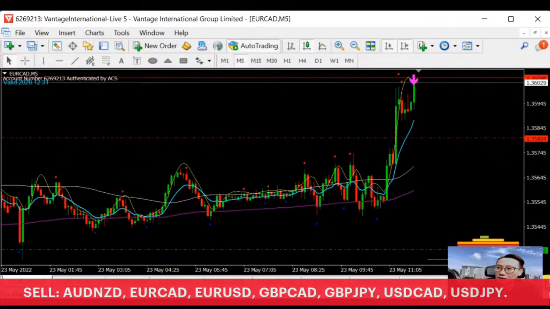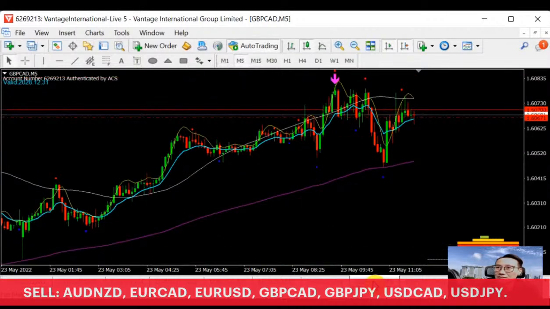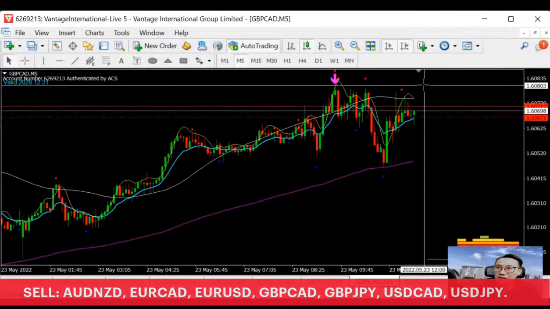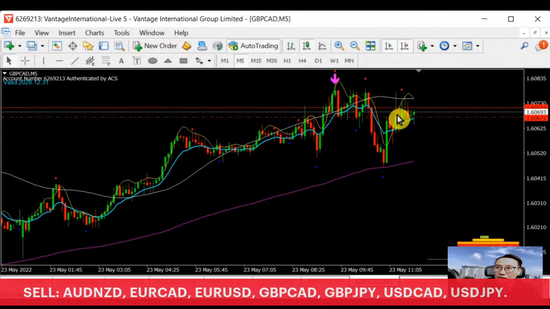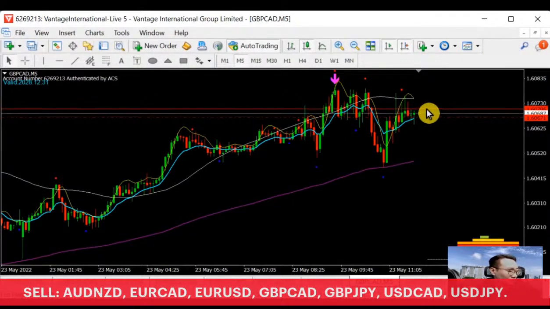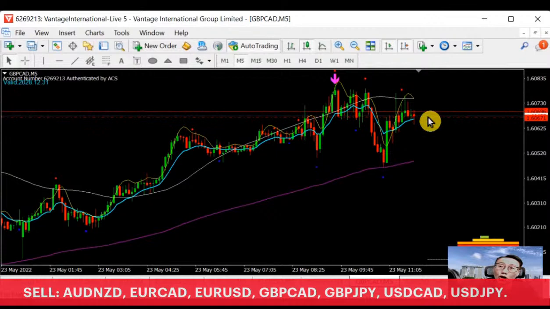Okay, how about Powcat? Powcat is still struggling. Now you see Powcat is actually trying to break the resistance as it meets the resistance here. It comes back to retest the previous support that became a resistance, and now we have a red, green, green candle. This red, green, green candle is also a buying signal on the previous resistance that became a support. So it's very obvious that it's looking good to buy. Am I right?